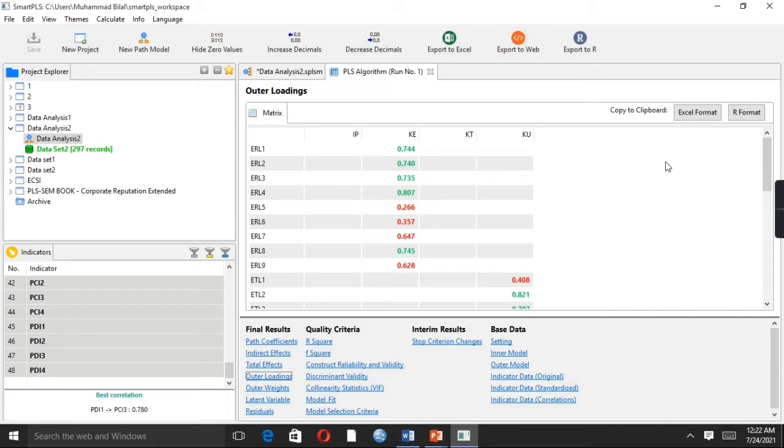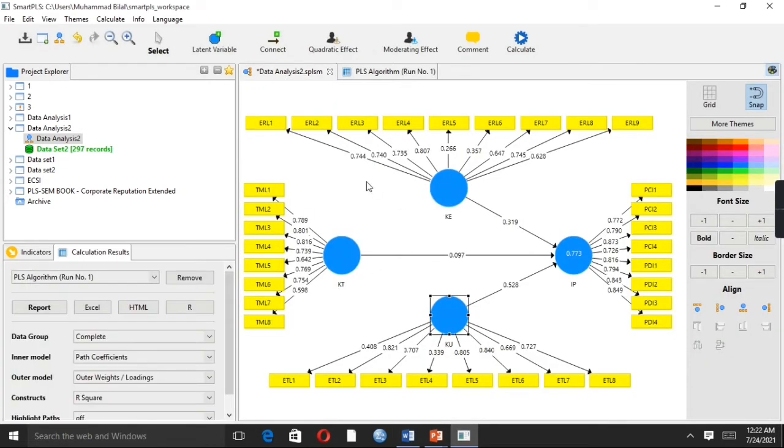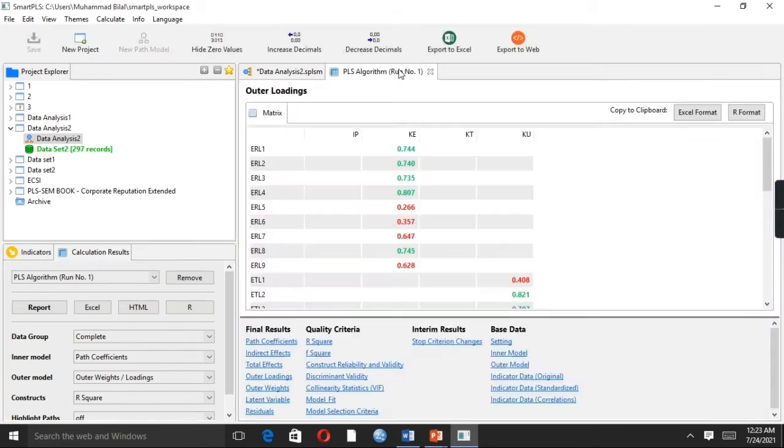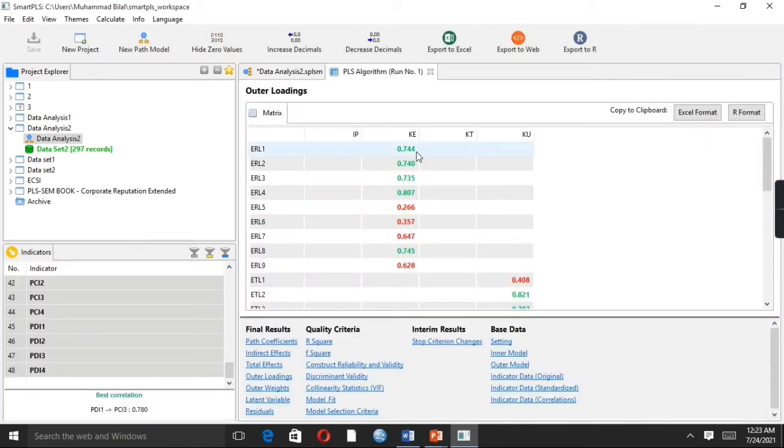Our first variable is knowledge exploration, and we have 9 items of knowledge exploration, ERL1 up to ERL9. These are the outer loadings of these 9 items. Among the 9 items, 5 items have values greater than 0.70.